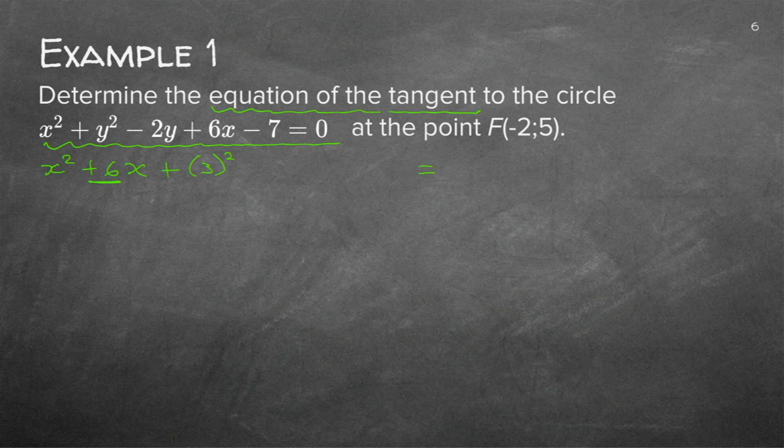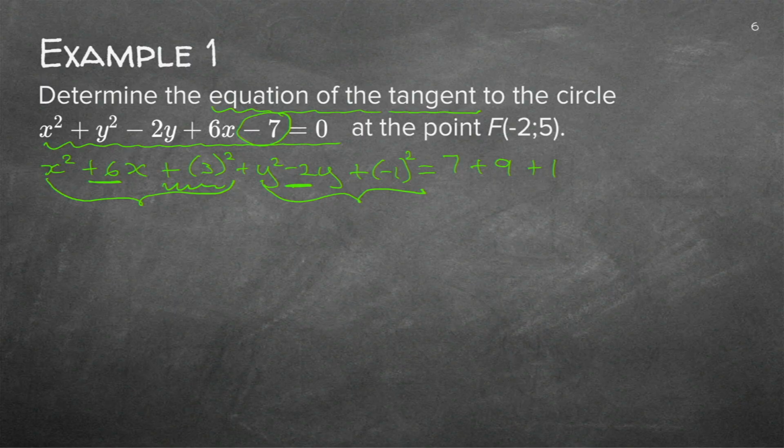But before I forget, I'm going to take the 7 over to the right-hand side because that is in my way. I do not need the 7 there. It's not part of my completing of the square. And the minute I add something on that side, I immediately add it on that side. And now I can just make it a 9. You'll see why I leave the left-hand side as 3 squared later. Then I'm going to write my y squared minus 2y. And I add half the second term, which is minus 1 squared. So I'm actually adding 1. And there you've got a trinomial and another trinomial.